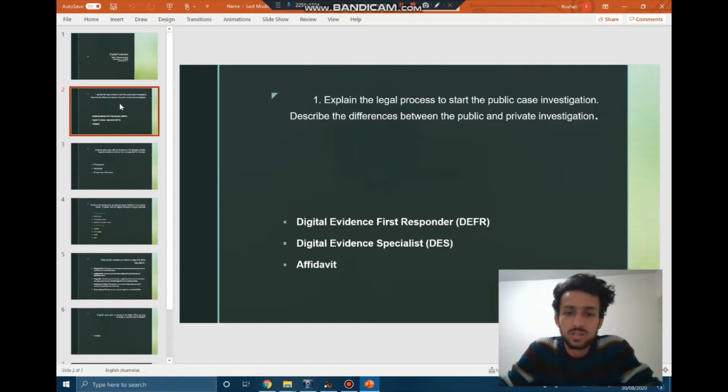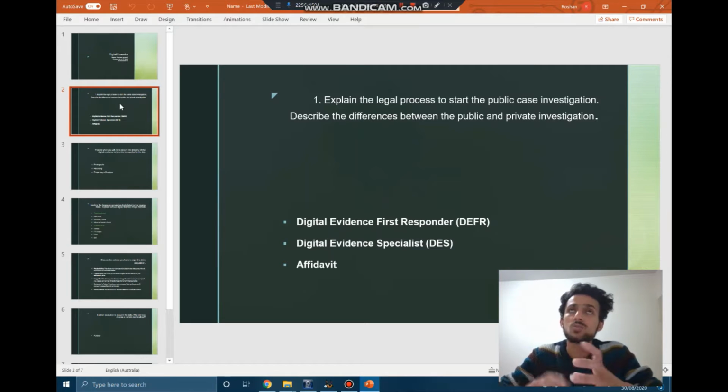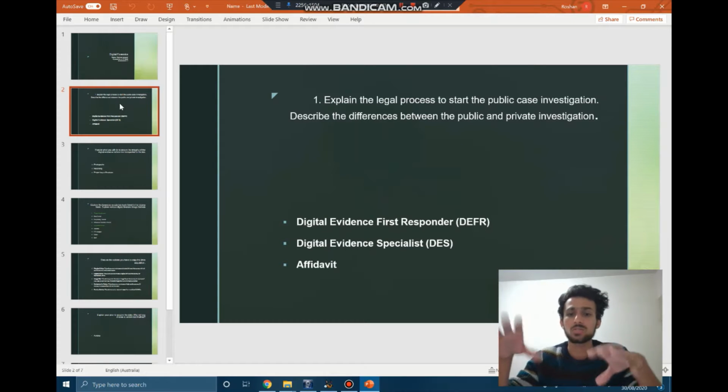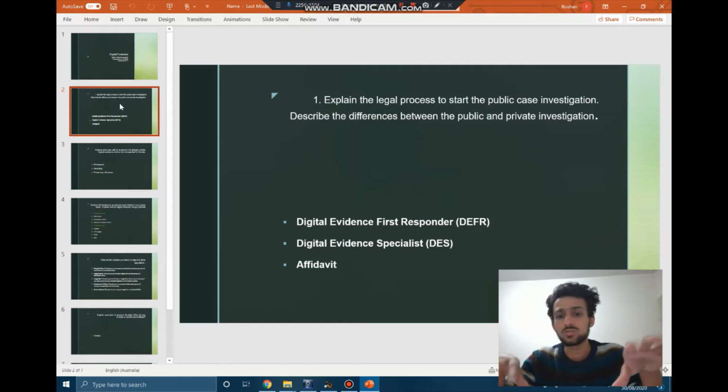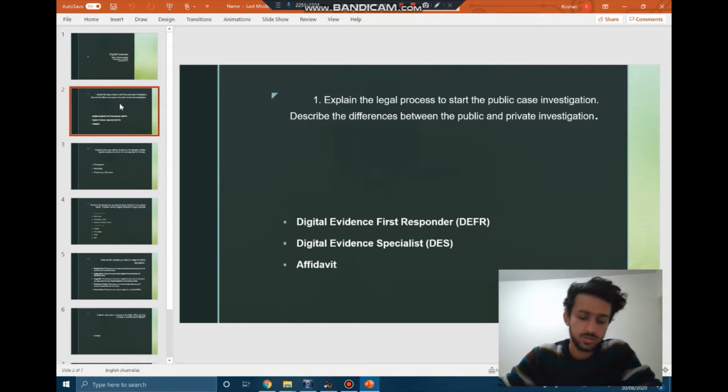interview the complainant and write a report about that crime, and after that the report is processed and management will decide whether the investigation is going to take place, or log the information into a police blotter. A police blotter usually is a record file where all the previous crimes or criminals have been